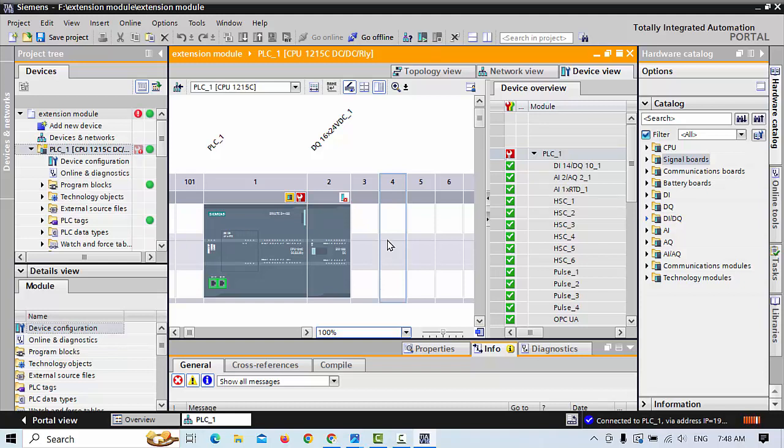See, now I disconnected my module in hardware and it is now showing maintenance, and here it also goes red, and this module is not shown because I removed it from this CPU in hardware. When I connect it again,